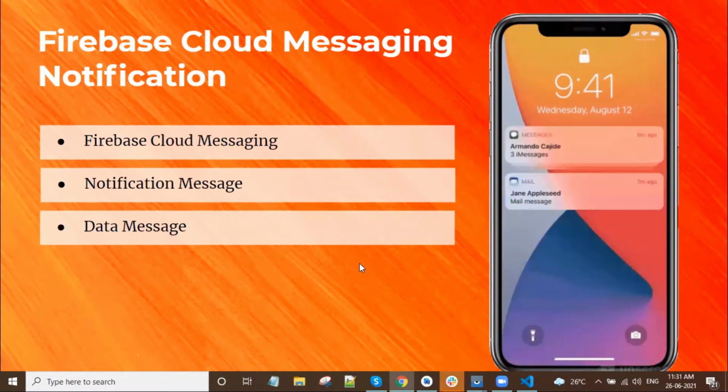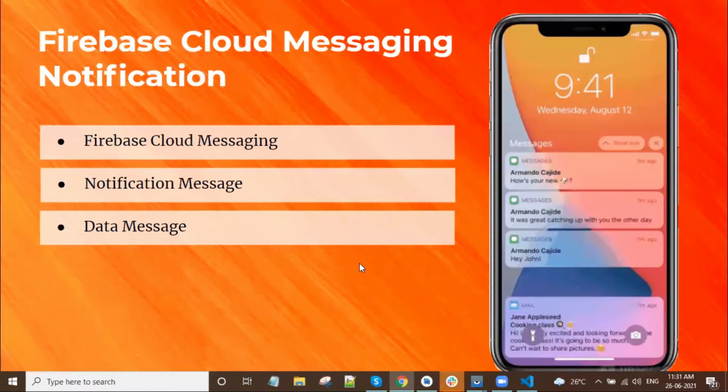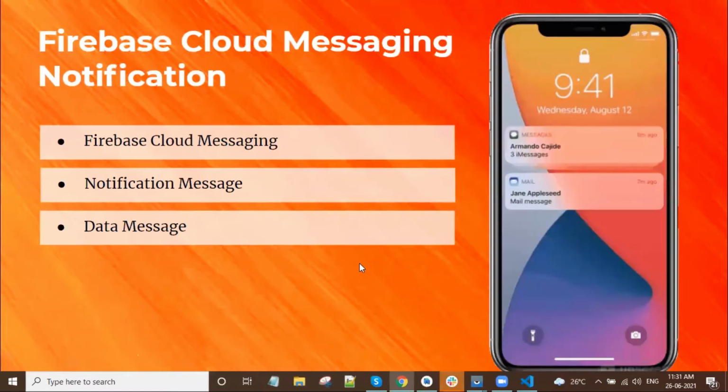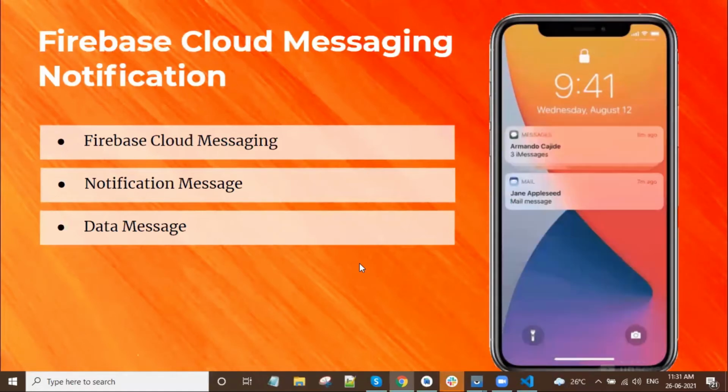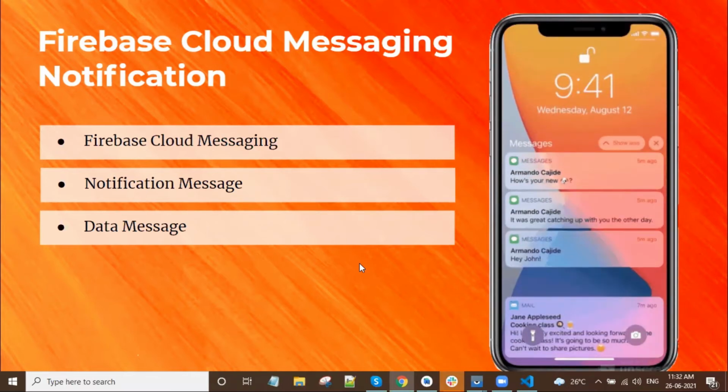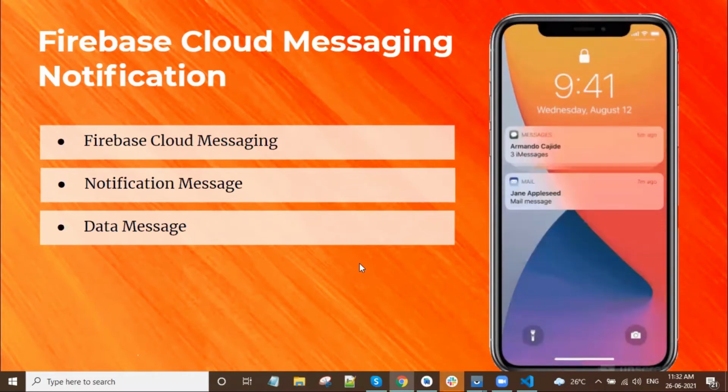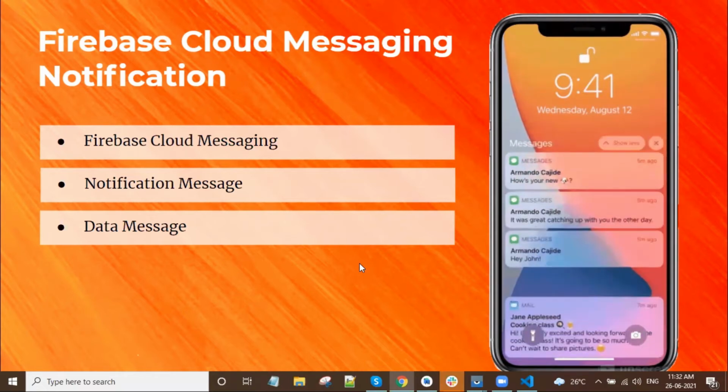In this case, I need to develop the notification functionality using data messages, so that we can write code with some required conditions, and then we can generate the notification from our end. So these are the major differences between notification messages and data messages.